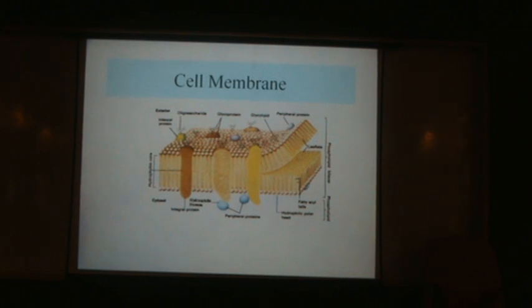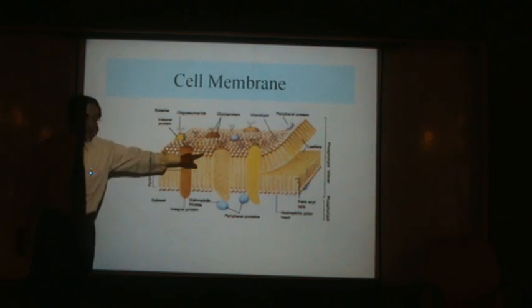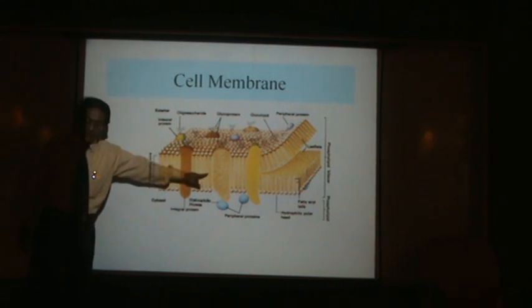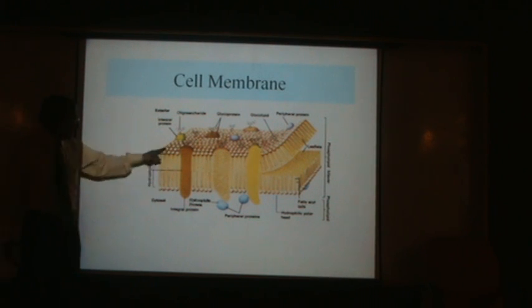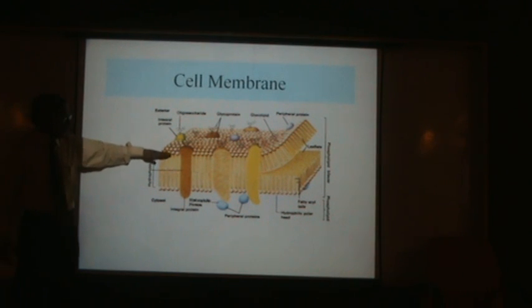Here you can see phospholipids are maximum, or the lipid component is maximum. Now in this lipid component you can see there is one hydrophilic portion and one hydrophobic portion. Each lipid molecule has got two parts. Hydrophilic, the name itself indicates, means it has affinity towards fluid. So this globular part is hydrophilic and this tail-like part is hydrophobic. And these lipid molecules are arranged in such a way that the hydrophilic portion, one part will be directed outside